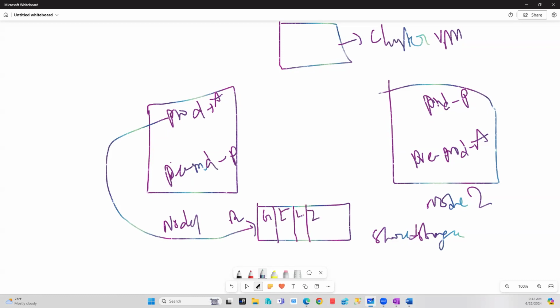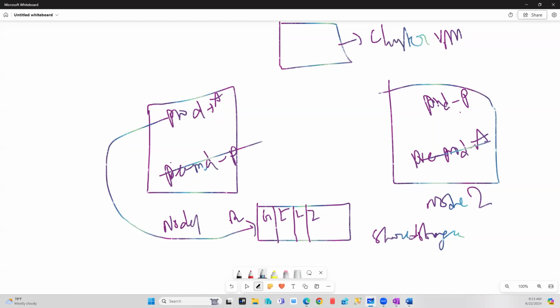For example, these are the 3 drives. Forget about this instance, I'm having only one instance. I have mapped G drive, T drive, L drive, J drive: G drive for data files, L drive for log, T drive for tempdb, J drive for backups. Now, whenever something happens to Windows or SQL and it does a failover, all the disks